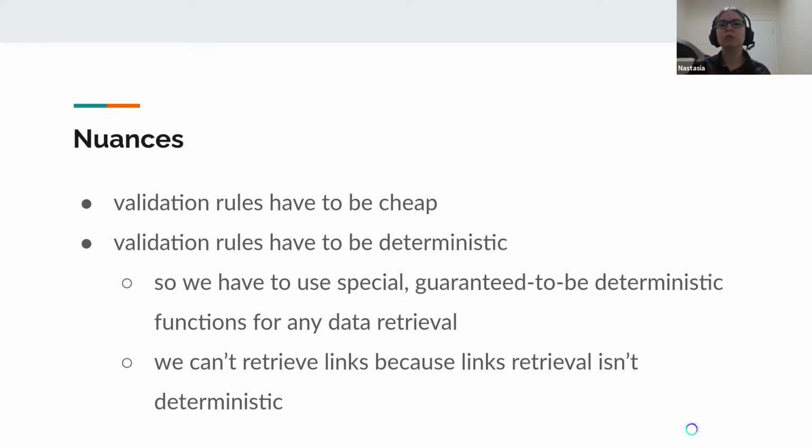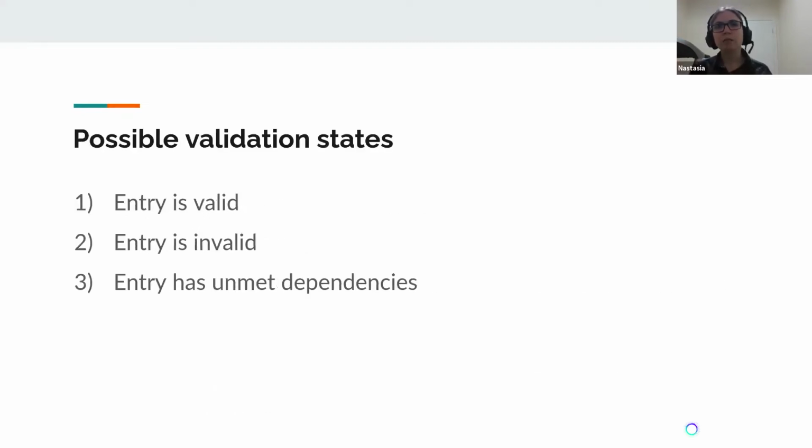But there is no guarantee that if we receive a set of, let's say, 5 links, there isn't a 6th one that we didn't get because data propagation didn't happen. So when writing validation rules, we can only retrieve specific entries which we identify by their hash. And with that being said, for any entry that we're validating, there are 3 possible states from the